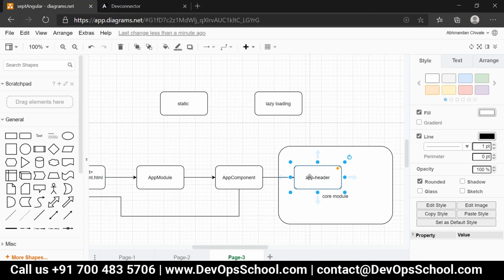What is the purpose of the core module? It helps us hold common functionalities across the application, right? Correct. So now people tell me, by looking into this situation for the core module, which loading will you prefer? Static one or lazy one? Static. Correct, true.